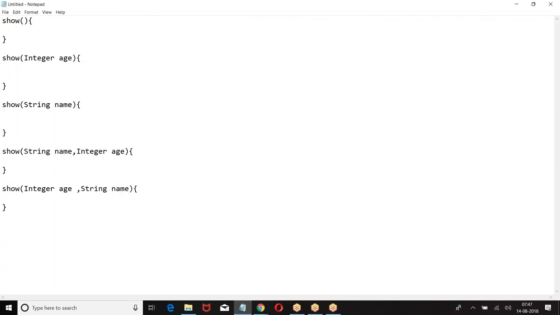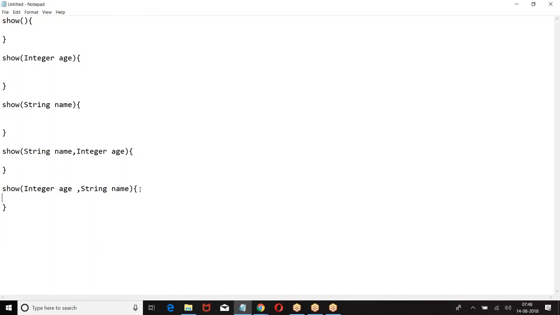Now, if you look at the fourth one and fifth one, the method name is the same. The number of parameters is 2 here, and here also 2. In the second, third and fourth ones, the number of parameters is 2, 1 and 2, 1 and 2. Same name, same number of parameters, but the type of parameter and the order of parameters differ. Now what is the order? They are expecting a string followed by an integer. In the last one they are expecting an integer followed by a string. So the order of the parameters is not the same.